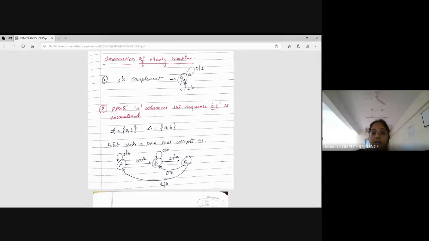Correct? And it is told 0, 1. It may start with 1 also. So that 1 I have given here for A. So when I'm in B, 0, 1. The remaining inputs you have to fill in after you provide the skeletal diagram.